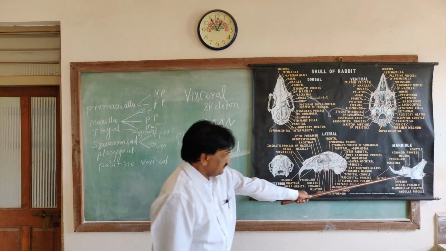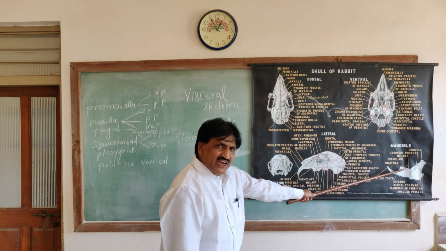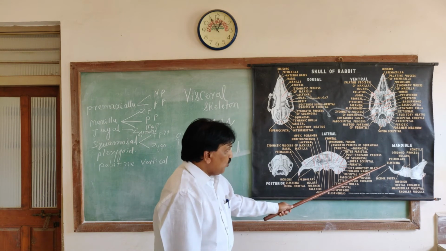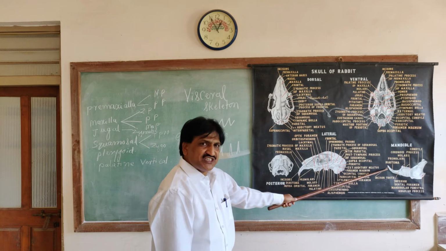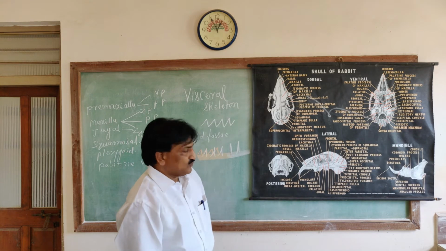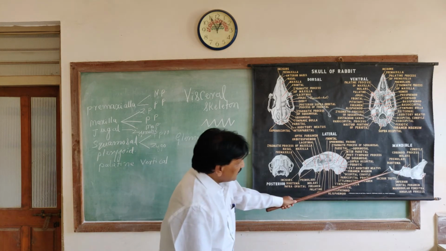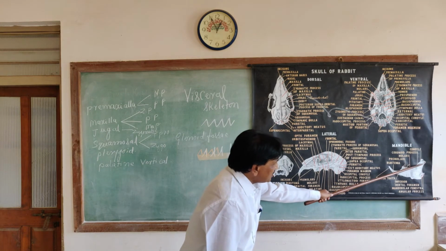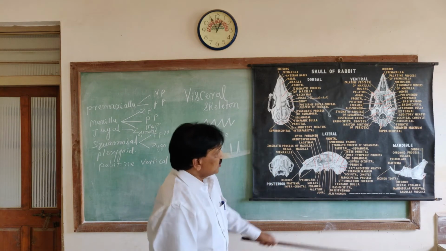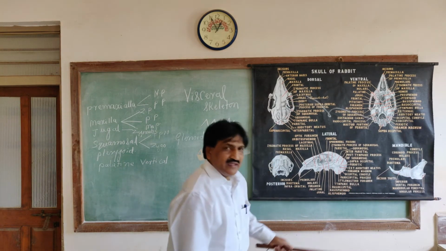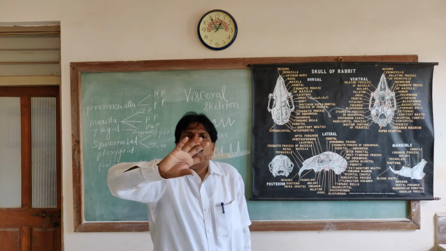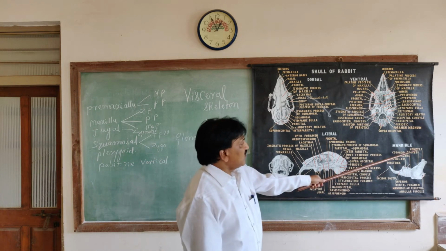Okay, now here, the lower jaw has 5 sockets for premolar and molar, and 1 socket for incisor teeth. Now here, this is called the posterior end. The posterior end of the lower jaw has a rounded projection, that is called condyle.